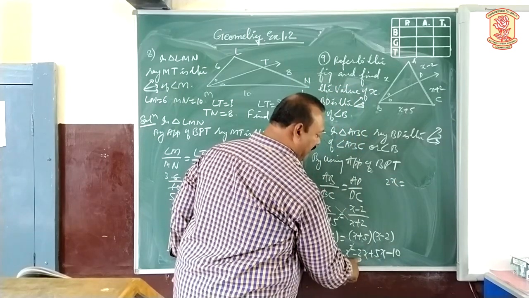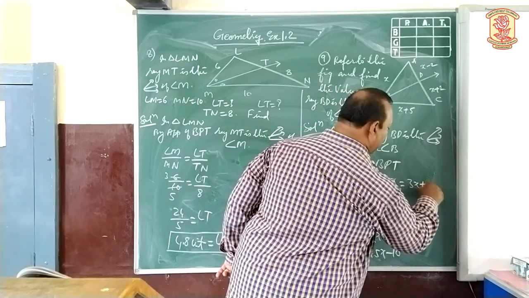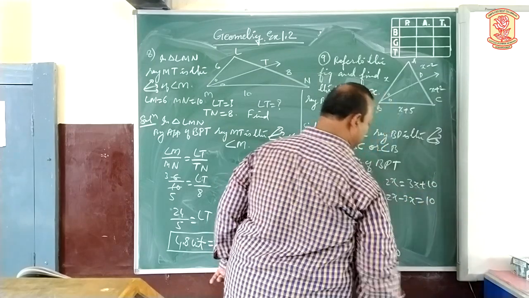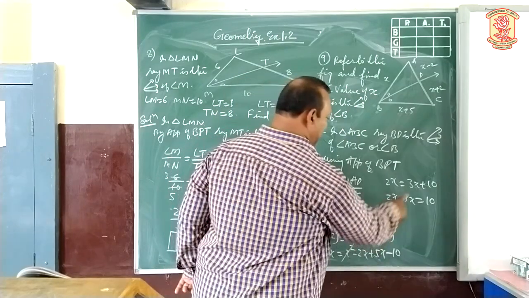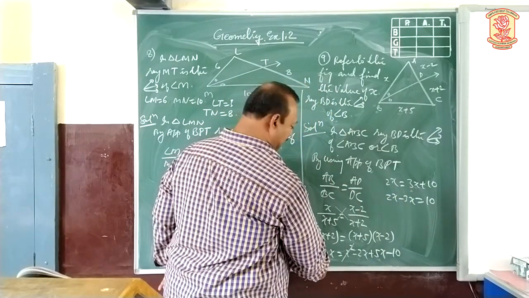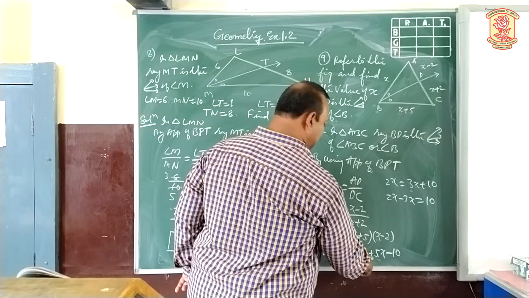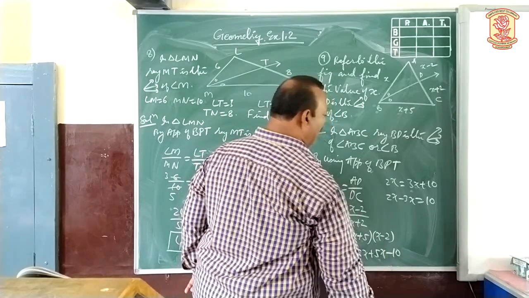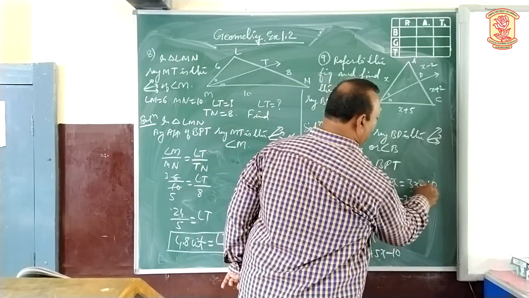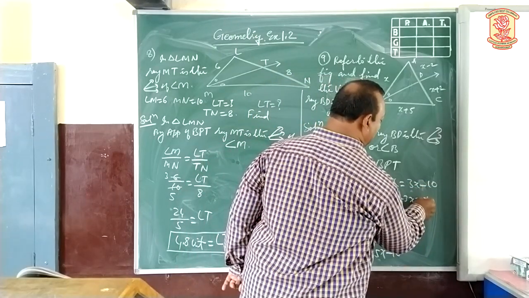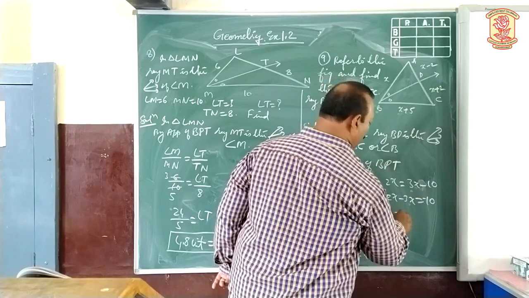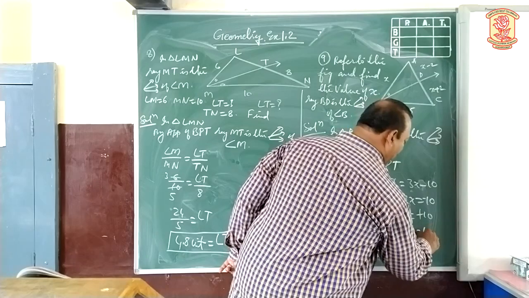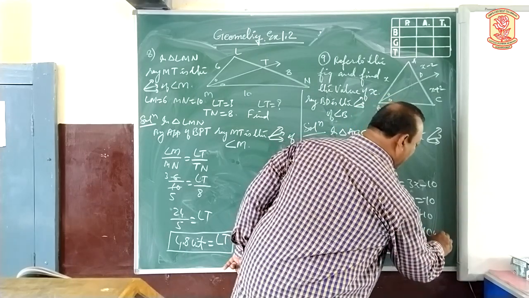Now from 5, subtract 2. How much you are getting? 3x plus 10. Therefore, 2x minus 3x equals to 10. Now here, plus 3x is there, plus 2x is there. Now, 5x is plus, 2x is in minus, and 5 2s are minus 10. Now 10 is negative here. Now from 3, subtract 2, minus x equal to minus 10. Minus minus get cancelled, and value of x comes to be 10 unit.